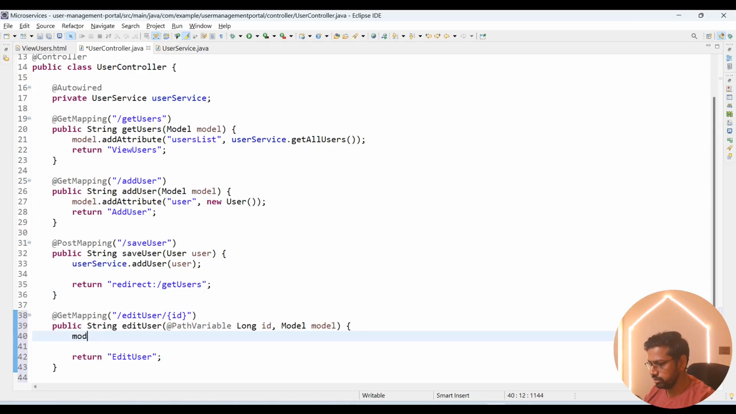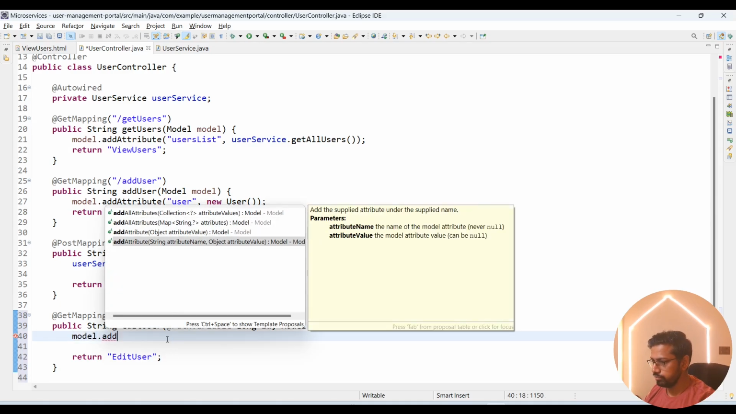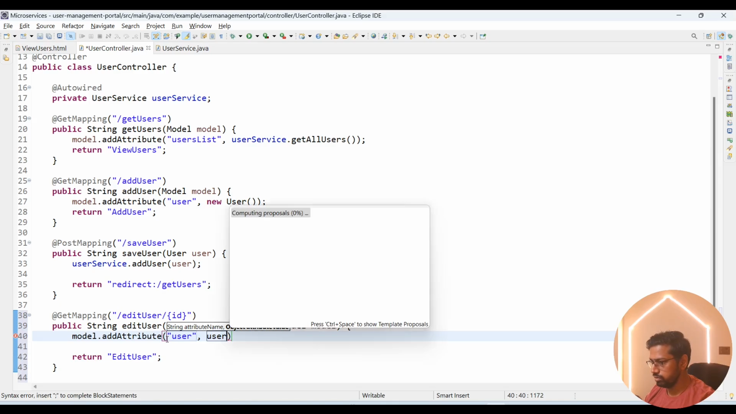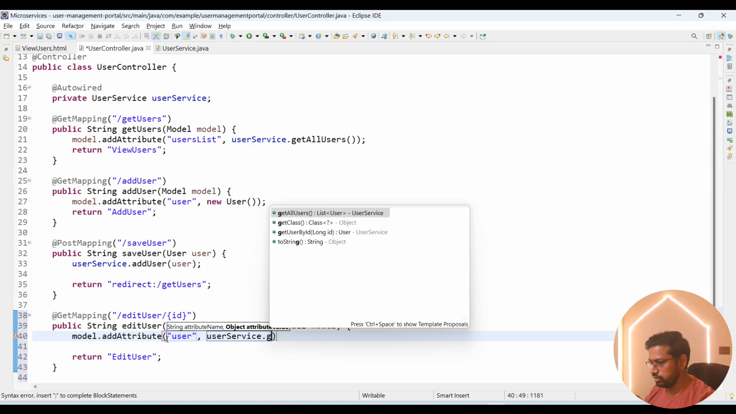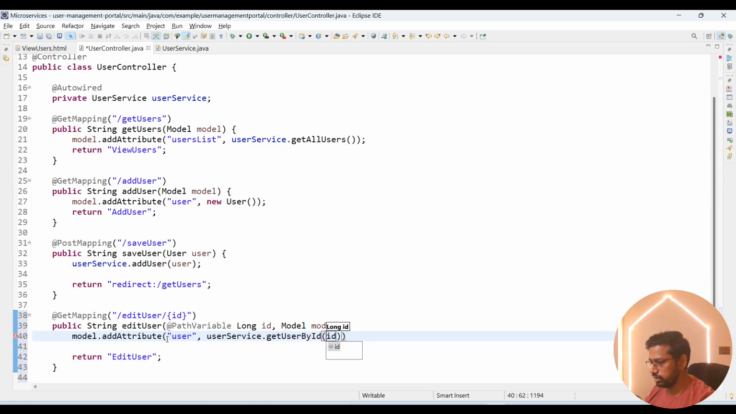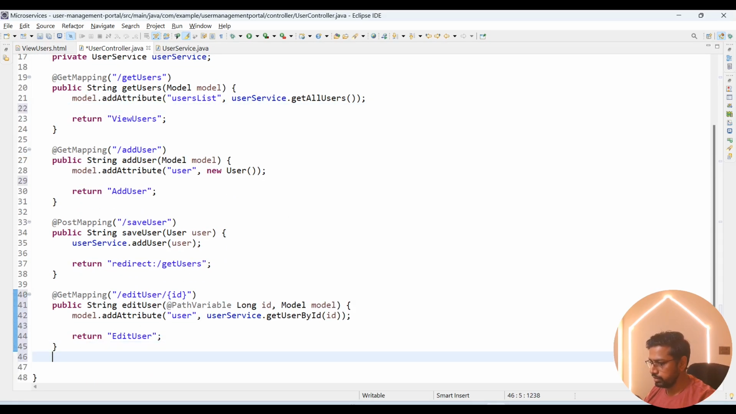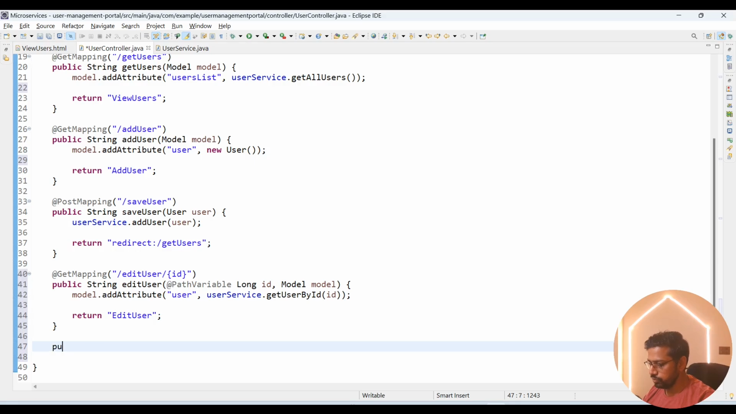So here model dot add attribute, user, and here user service dot get user by id and id. That's it, and we're done. Now we need a put mapping, right? So public string edit save user,